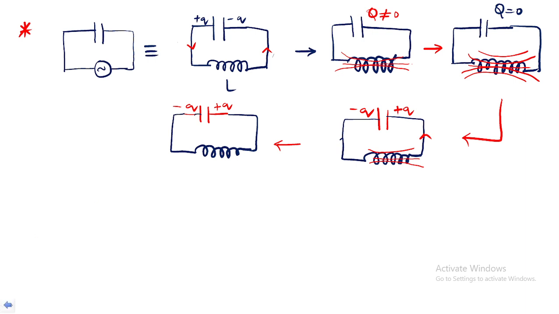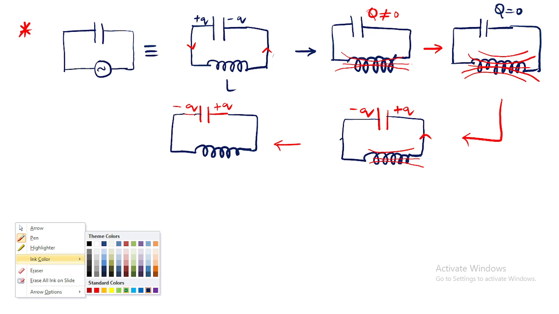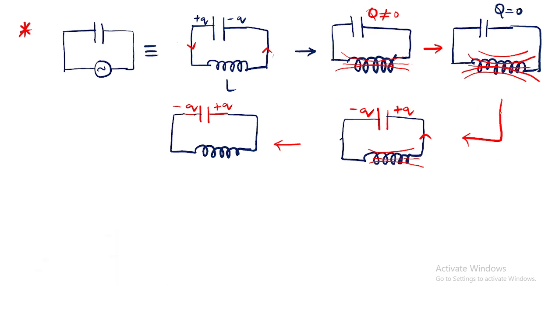So what happens in this plate, particularly if I talk about one plate here, this particular plate, this one? This plate will automatically store charge as a positive charge. Again what happens here? A negative charge. So now current, what happens here? Again it will start flowing. Now in this one current is there.